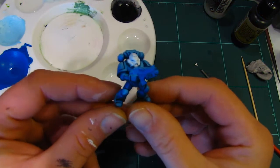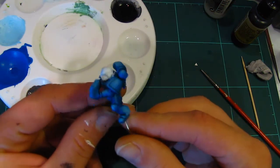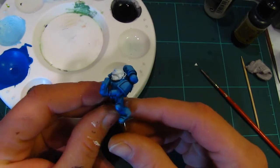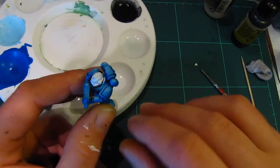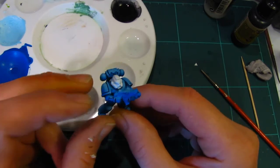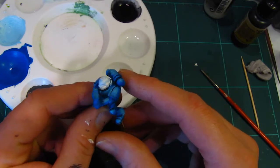Right guys, and now for the podgy bit for me trying to paint this with the camera in front of me. As you can see, the helmet's been painted white, slightly a little bit of overspray on the top, but that's not concerning me that much. So how I done the colour scheme with the white helmet, well,